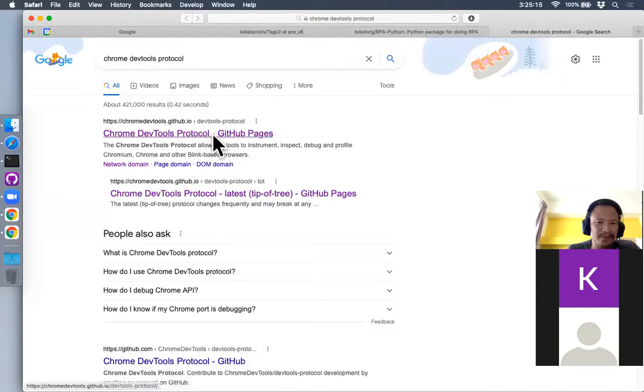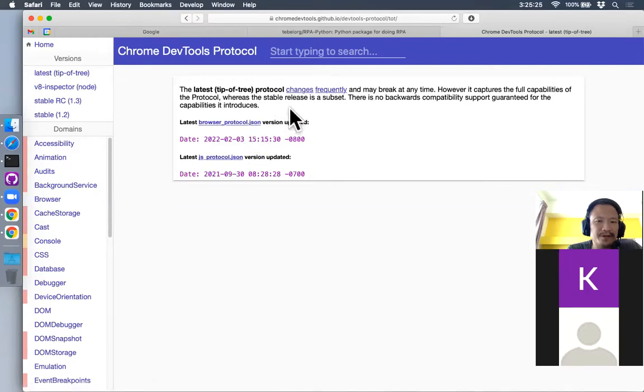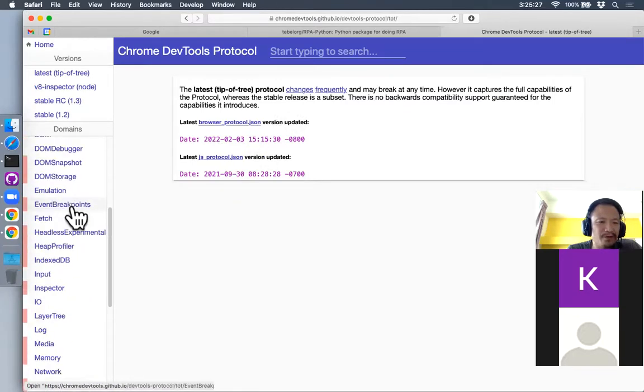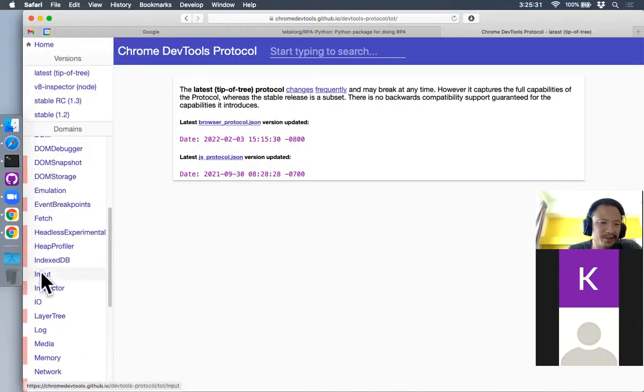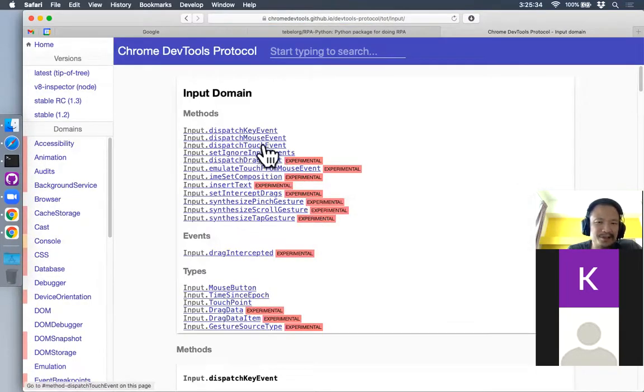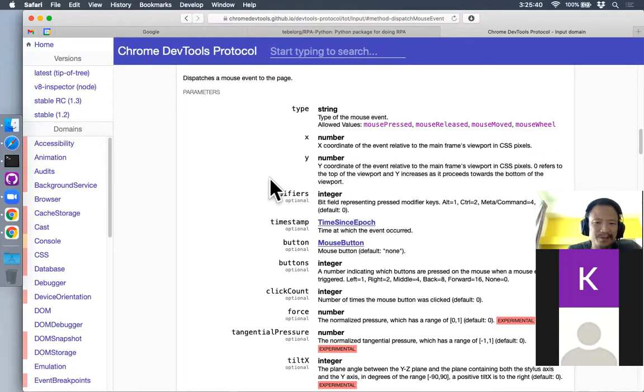So when you look at this, you can check what the various functions in the DevTools Protocol are. For example, Input.dispatchMouseEvent, right? So I go to Input.dispatchMouseEvent. This will be the method to call. What are the parameters? What are the